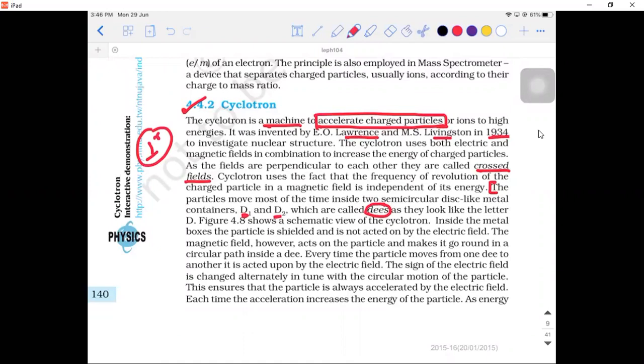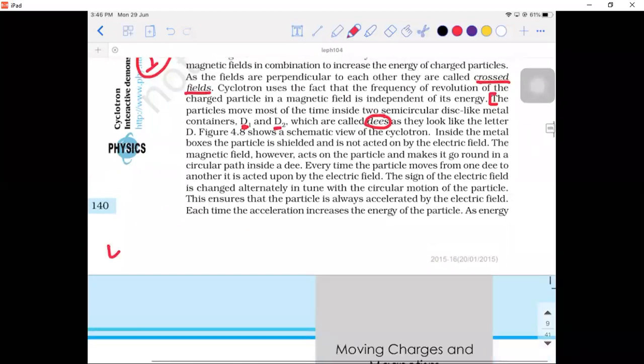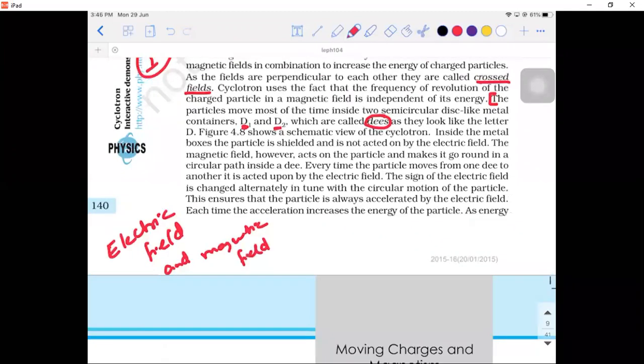So here, crossed fields of what is actually used? Here, electric field and magnetic field are used in such a way that they are perpendicular to each other. How are they going to be used? So for us to generate magnetic field, obviously what is needed? You people tell me, no? Let's think of the basic design of the device. So what is going to generate the magnetic field for us?